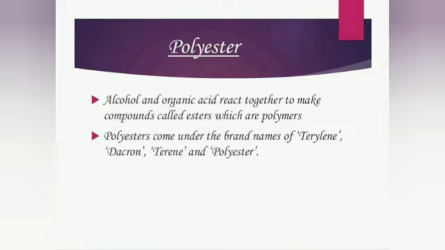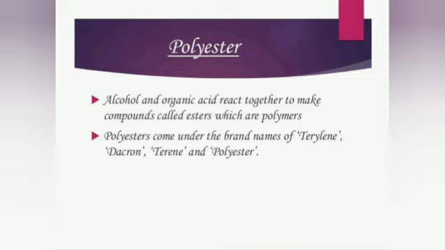Fabrics are sold by names like polycot, polywool, terrycot, etc. As the name suggests, these are made by mixing two types of fibers. Polycot is a mixture of polyester and cotton. Polywool is a mixture of polyester and wool. Polyester is another synthetic fiber, and fabric made from this fiber does not wrinkle easily.